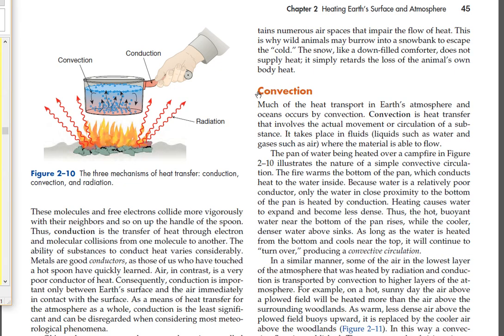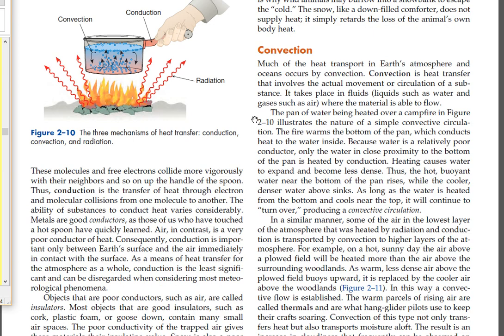Convection. Much of the heat transport in Earth's atmosphere and oceans occurs by convection. Convection is heat transfer that involves the actual movement or circulation of a substance. It takes place in fluids, liquids such as water and gases such as air, where the material is able to flow. The pan of water being heated over a campfire in Figure 2.10 illustrates the nature of a simple convective